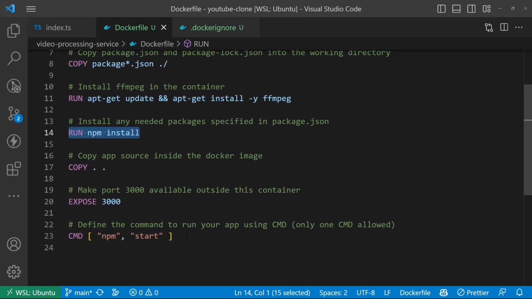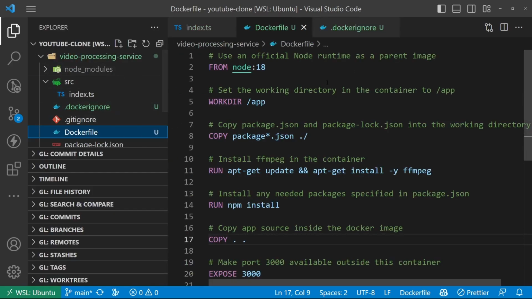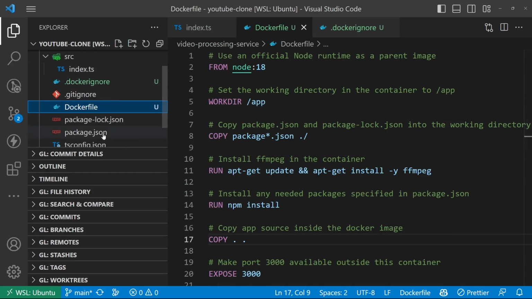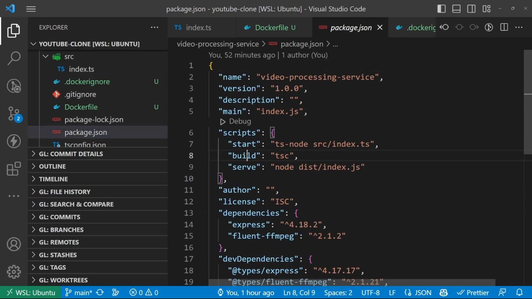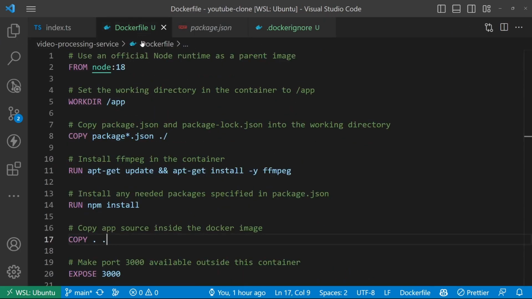Now, one thing I want to quickly mention is that we use Docker to deploy to a production environment. So you might be wondering, why are we using npm start and why didn't we even build the code here? Like, why didn't I run npm build anywhere in this? Because it's a good question. In package.json, we have a build step and a serve step for actually deploying in production environments. And to keep things simple, if you're new to Docker, what I'm about to show you is going to be really confusing. So I'm actually not going to go super in depth into that because it would take a while